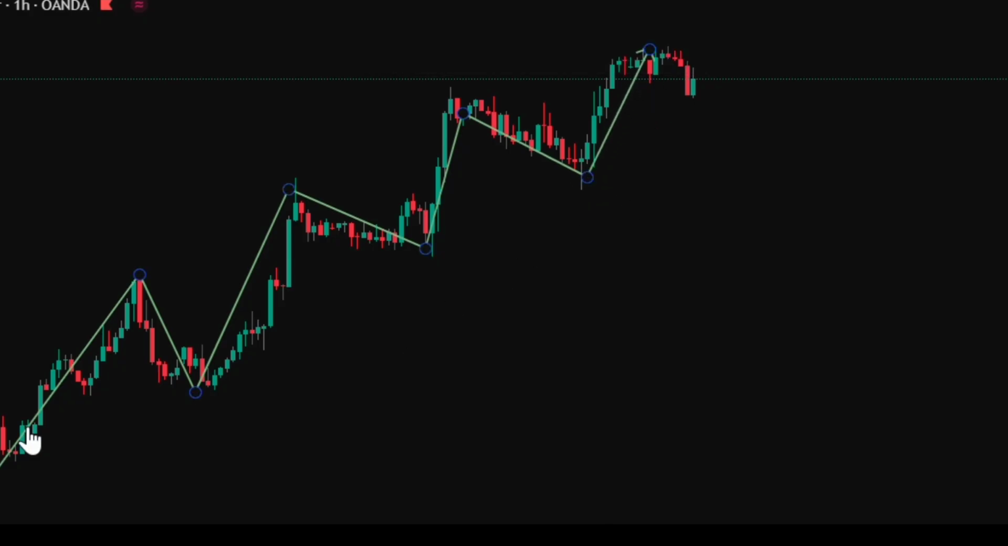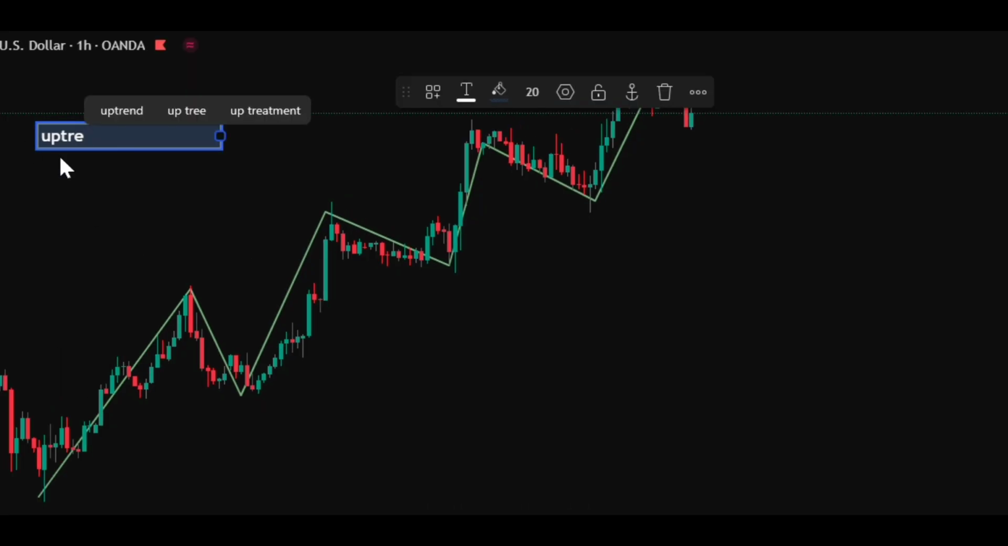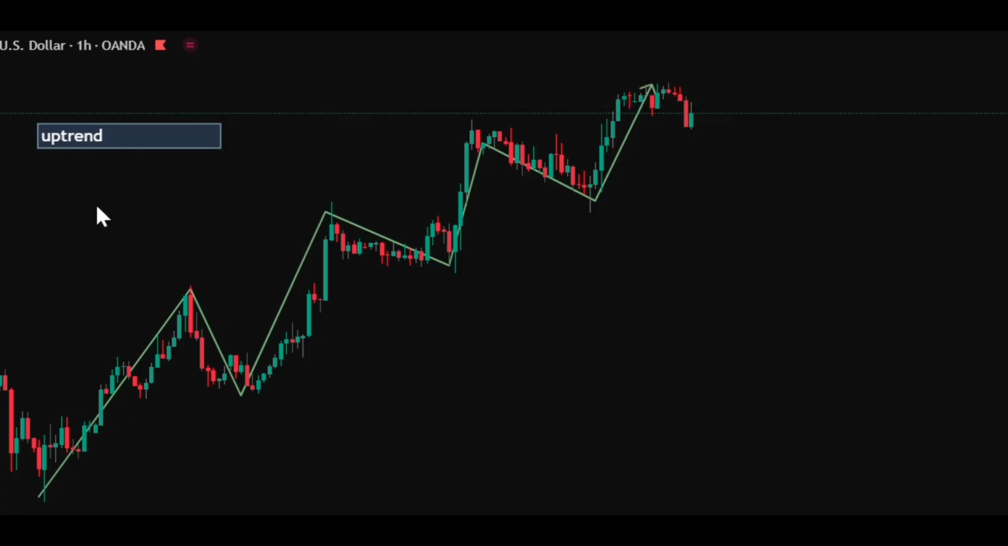What we want to do first is identify the trend, and we have identified the trend. Price is making what? Higher highs and higher lows, which means that we are in an uptrend, and the buyers are in control. So what we want to do next is identify the break of structure and